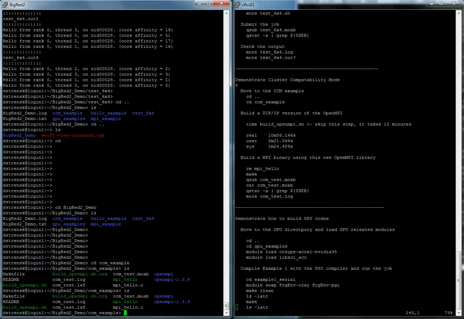Now, there comes a time when someone wants to run a shrink wrap code, and I like to use MATLAB as my example, right? So MATLAB is a very, very popular code with scientists, and if there's available cycles on this machine, a scientist, a researcher should be able to run MATLAB on this machine. The problem is that MATLAB is looking for a full Linux environment, and it's not going to find it on the compute nodes. So what we've done is we've invented this thing called cluster compatibility mode, which